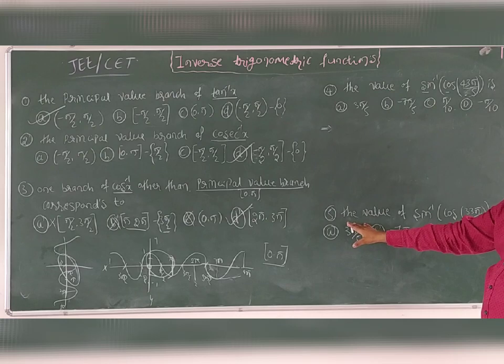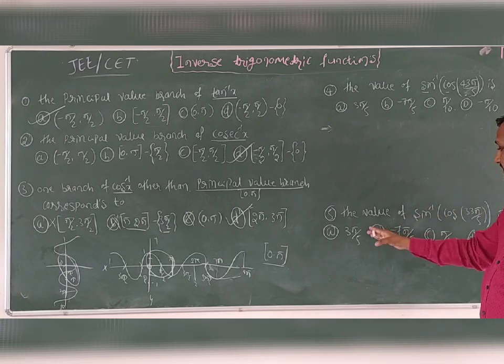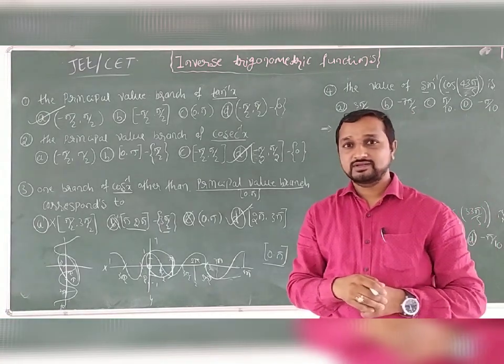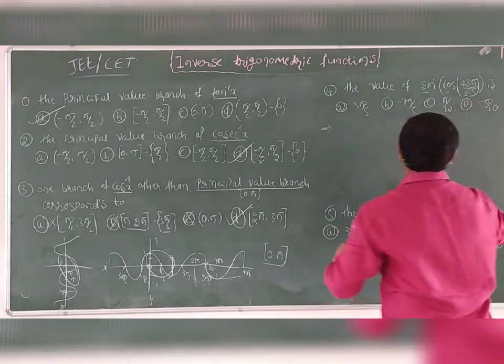The fifth question also: the value of sin inverse of cos of 33π divided by 5. Options A, B, C, D are the same, so both questions are the same. I can solve one question and give you the other. This is a very important, easy question. First of all, we'll solve